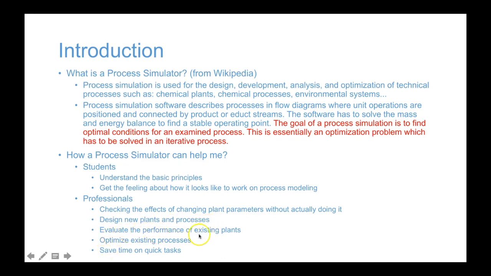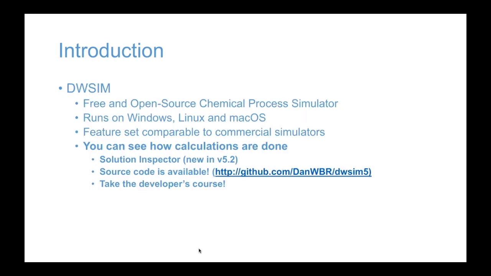evaluate the performance of existing plants. I do this a lot, as you will know later in this course and in the following courses. Optimize existing processes. This is also a great use for a chemical process simulator. And save time on quick tasks: if your boss asks for a property of a fluid at a certain temperature and pressure, you can use the process simulator to calculate the property for you quickly and reliably. You don't have to go to the books to search for the property value. I also do this a lot in my daily work. Okay, so